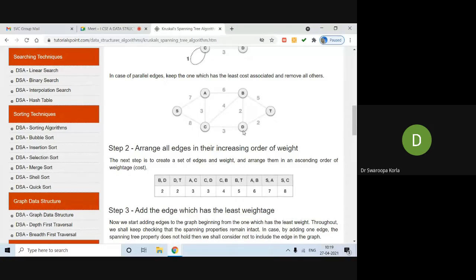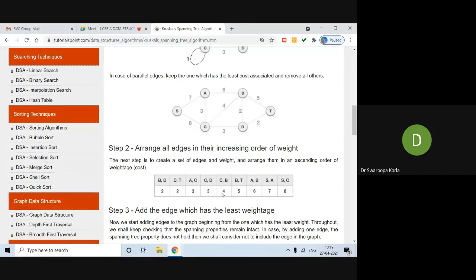A to C, C to D. Madam, why should I write A to C first? Yes, if you don't want to write A to C first, you can write C to D, no issue, because of course the weight values are the same. You can write C to D first, later A to C, no issue. Okay, see, 3 and 3. Observe this graph. Is there anything else after 3? Yes, 4. C to B, or you can write B to C also. Okay, C to B, 4.